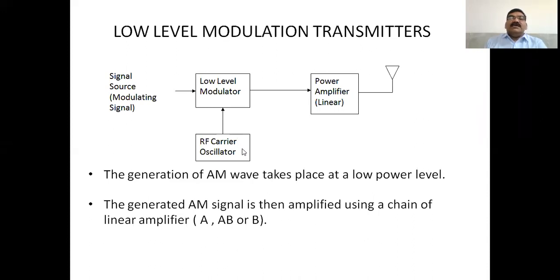Whatever the carrier signal, that carrier signal frequency is very high, and it can be generated by the RF signal, that is the RF carrier oscillator. So this is a simple oscillator generating the sinusoidal waveform. And now this constant sinusoidal carrier waveform with constant frequency is given to the modulator. And here your modulating signal may be single, mix, whatever it is. So that is given to the low level modulator. Here the modulation process takes place, and after the modulation you have to send it to the power amplifier.